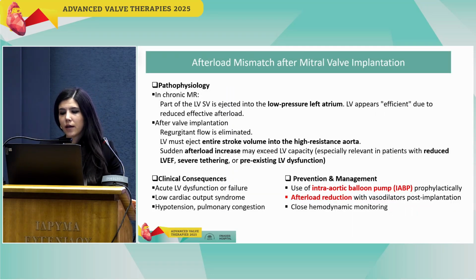So in closing, I would like to highlight a few key points regarding the phenomenon of afterload mismatch following mitral valve replacement. In general, in patients with chronic severe mitral regurgitation, the left ventricle adapts to a low resistance state as part of the stroke volume is ejected into the left atrium. Once the mitral regurgitation is corrected, either surgically or via transcatheter valve implantation, the ventricle is suddenly faced with a higher afterload, as it now has to eject entirely